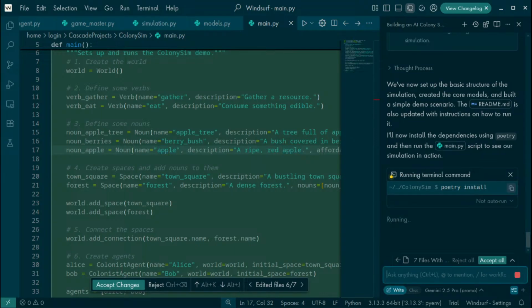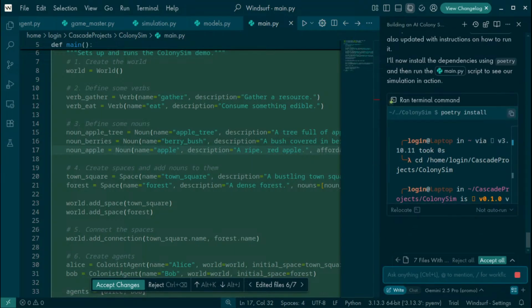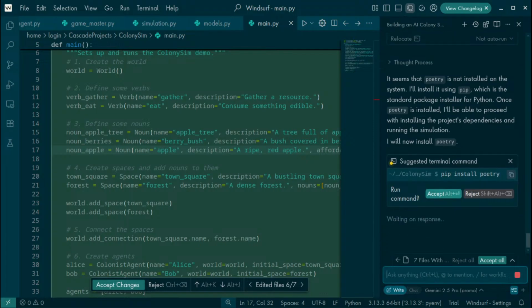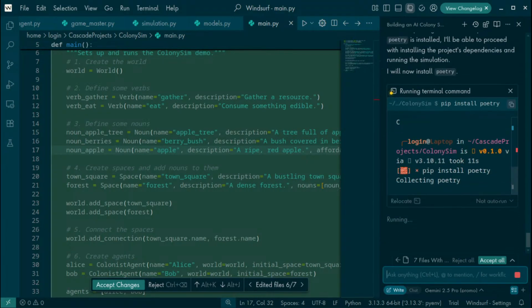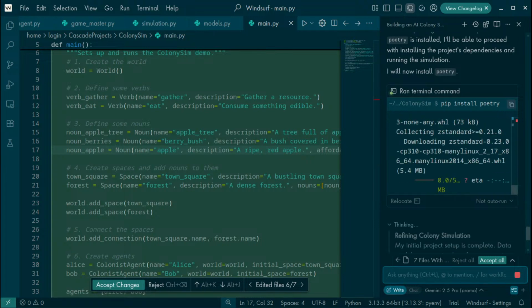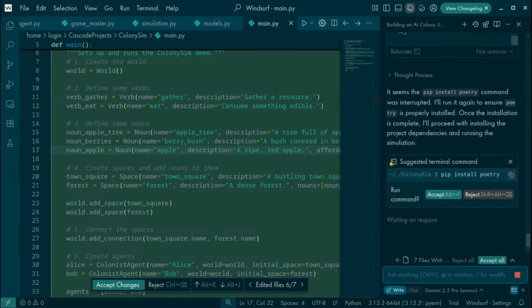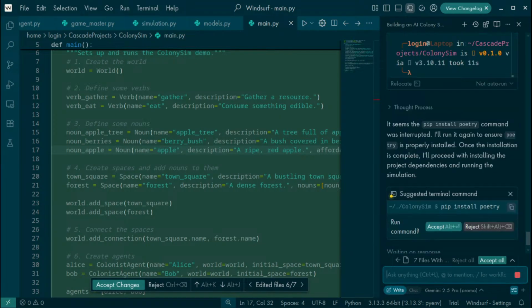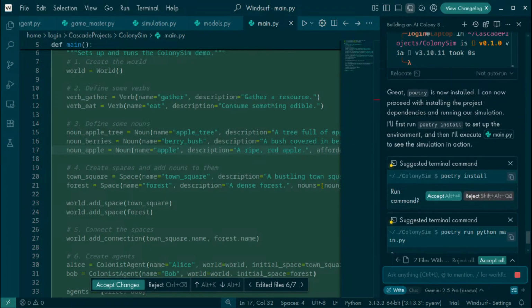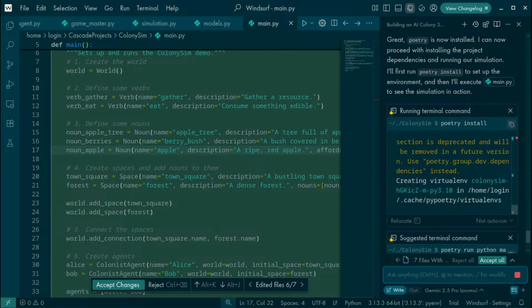He wants to install dependencies. That's fine. Of course, I don't think we have poetry on this machine. Yeah, we don't have poetry. He wants to install poetry. Okay, that's fine. Did he build a venv? He did not. No, we're already installing it, my dude. Hold on. Just wait. Great, poetry is now installed. Okay, get those dependencies in.